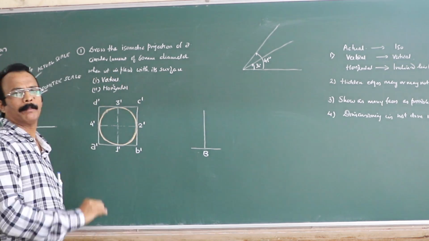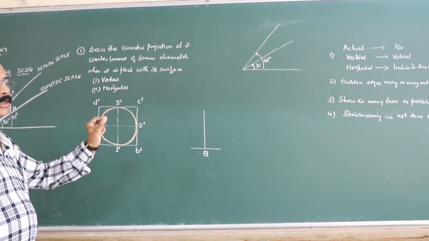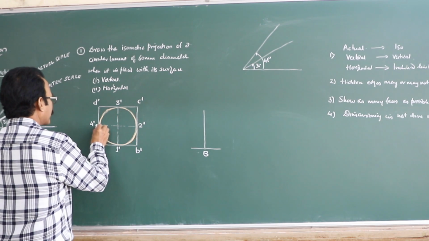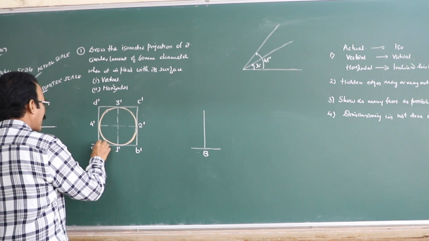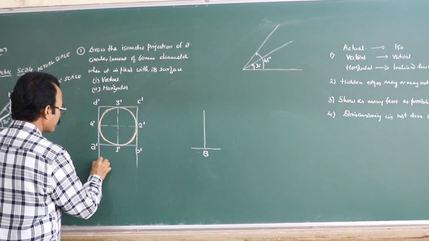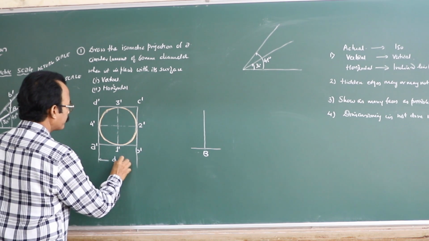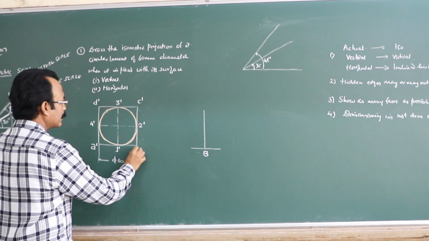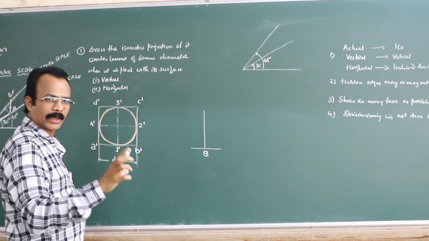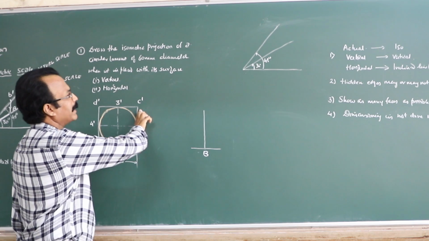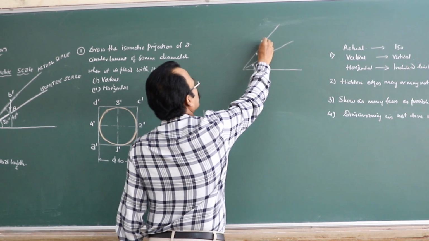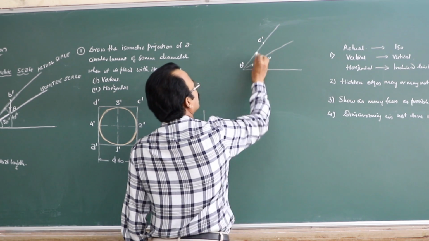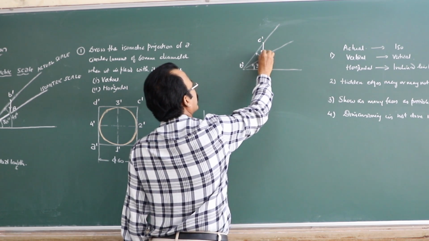Now what will be its length? Length should always be isometric length there. See, this diameter is 60 mm. So you take this distance, which is 60, B dash, C dash. With the help of your compass, take this B dash, C dash and mark it on the actual scale here. B dash, C dash. Then drop a perpendicular.